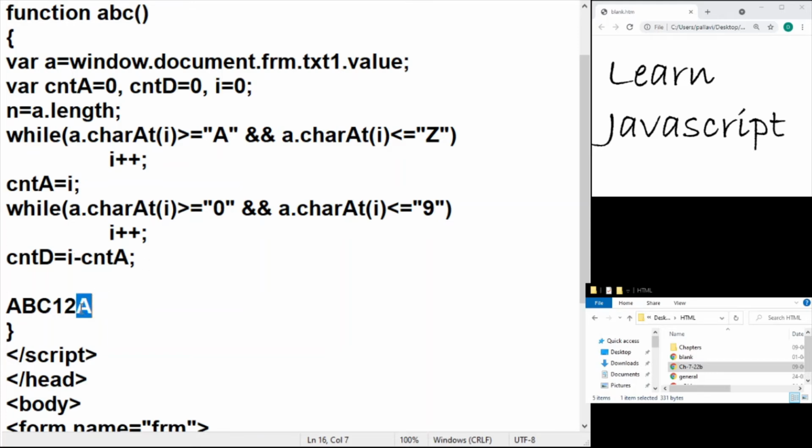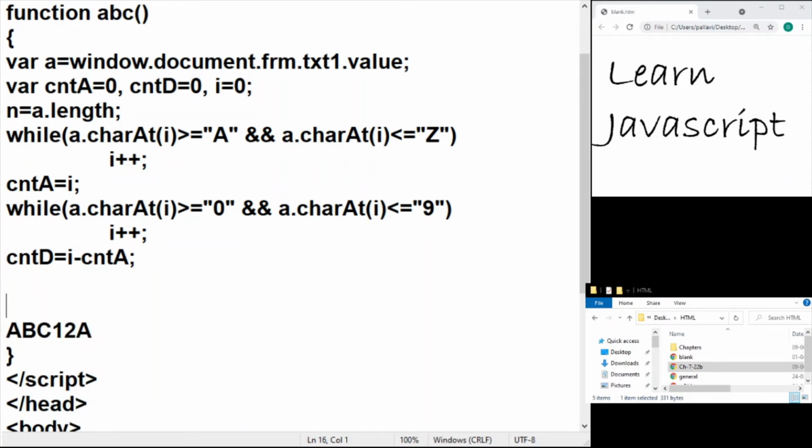Now I would have finally reached this character. I don't know how many characters are there from this position. There might be one, there might be multiple, but as per our requirement, there should be only one. So here is where we're going to write our final decision. What is the final decision? N, which is the total number of characters. Now, this is index position 5. The total number of characters is 6, which means N should be equal to the stopping point of I plus 1. Right, this condition should be fulfilled. And right now, I is on this.